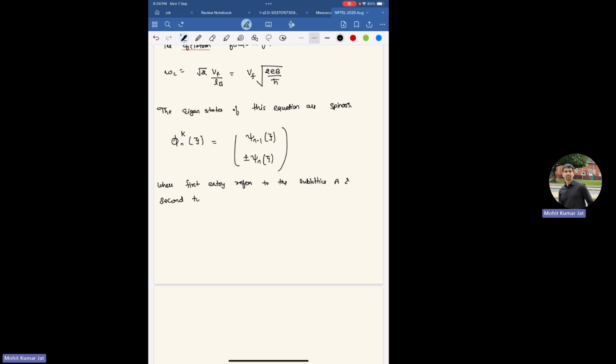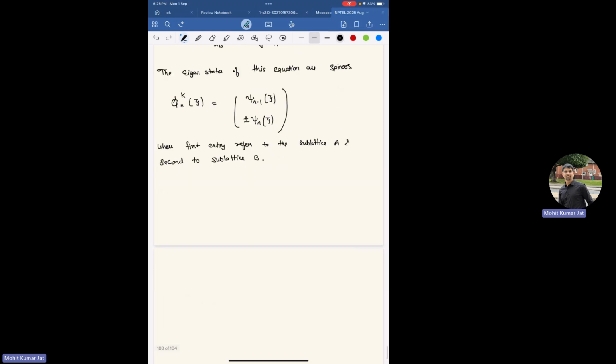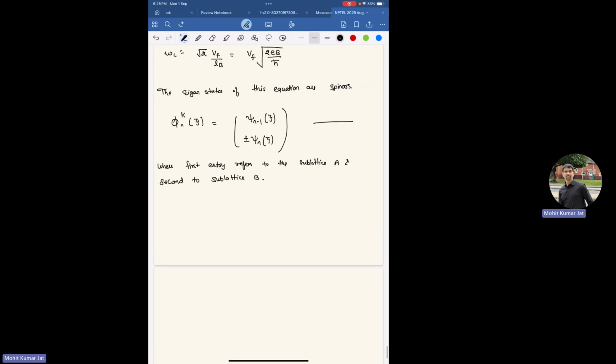Second to sublattice B. And psi and xi are the solution of the one-dimensional harmonic oscillator with n being a positive integer. So the eigenstate of this analog matrix for the K prime point are given by... I've written equation number 9 for K. Now for K prime,